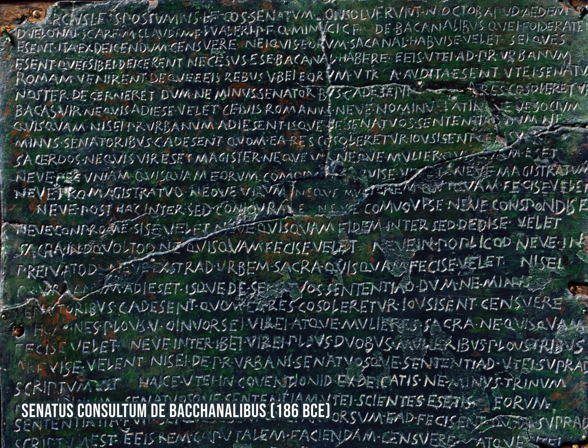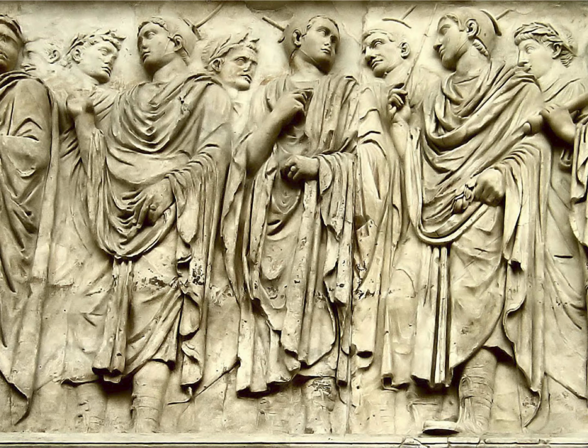All it could do was pass resolutions, stating the opinion it had come to as a result of internal debate. That being the case, why does the Senate matter so much, if all it could do was debate things and pass resolutions? First, the Senate consisted of the eldest and most experienced citizens of the Republic. In addition to certain priesthoods, during the Republic, everyone who held the praetorship, consulship, censorship, or dictatorship became a member